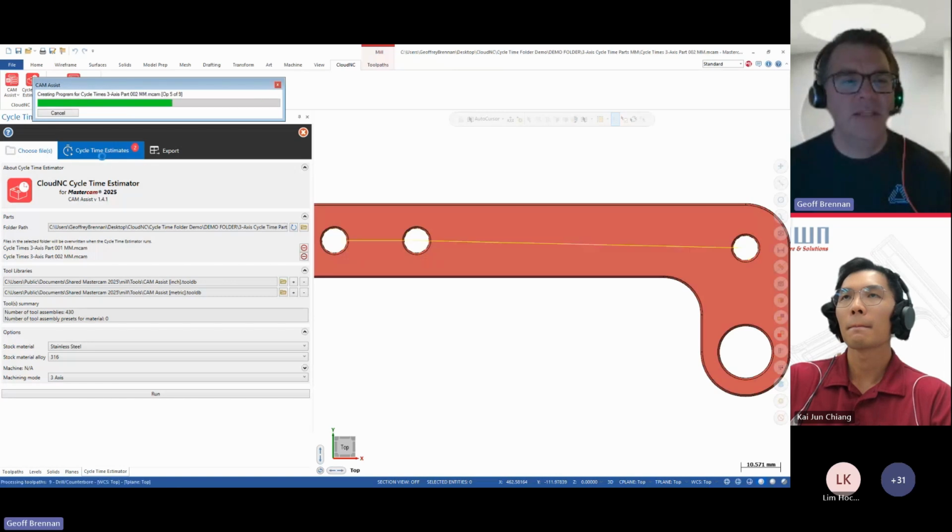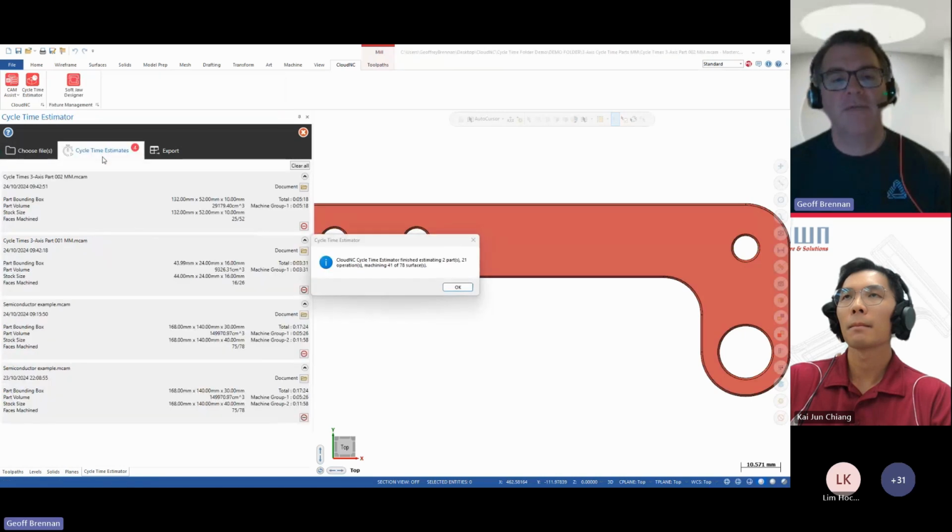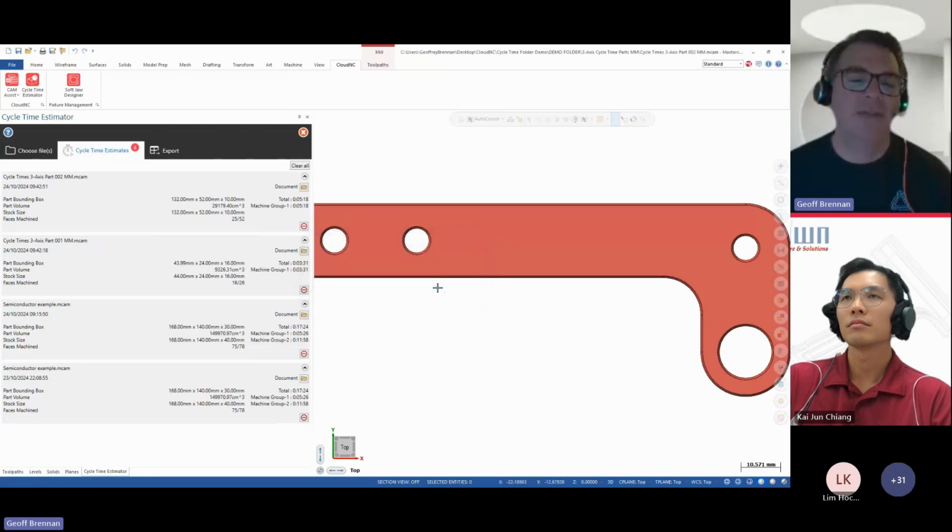We anticipate Cam Assist will get you 70 to 80% of the way there on a lot of complicated geometries. On very simple parts, it's going to be much closer to 100%. So, some of the things you have to do and some limitations on a Cam Assist output. See, those parts have come in now. So now they're in the queue. We've got the dimensions and the cycle times listed here. I can change between the views here too to see those parts.